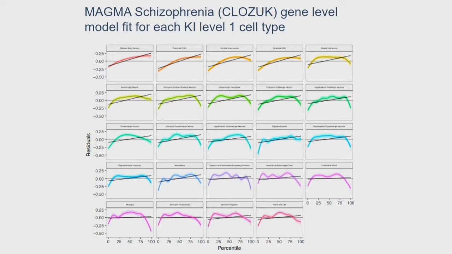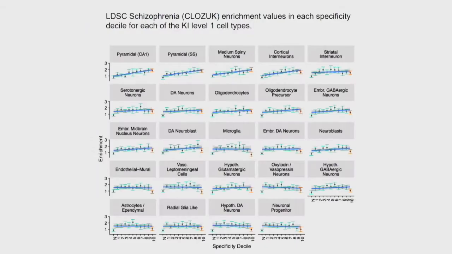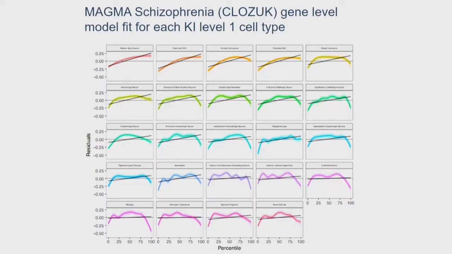And then for LD score regression, I'm going to show you data, and here we analyzed the enrichment in the last decile in red here for each cell type. But for MAGMA, we fit a line, and then we look at the slope of this line. So it's just two different ways, a way to try to work under different assumptions. And we want to find something that's robust, so we only consider something where both methods agree to be something of potential interest.